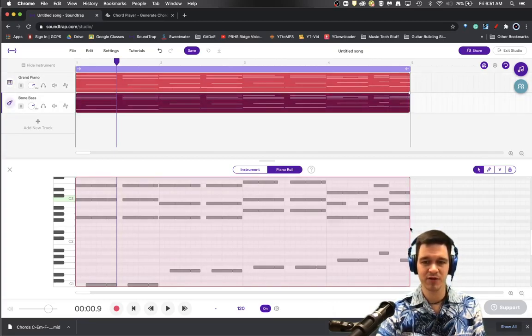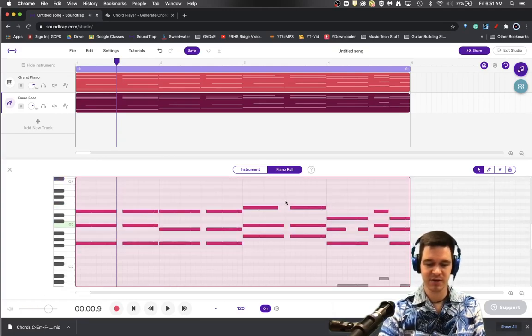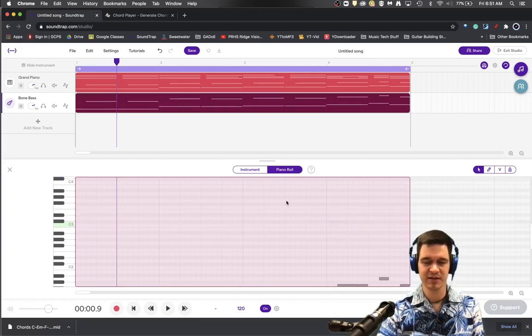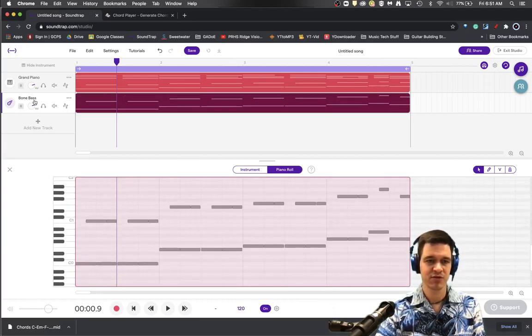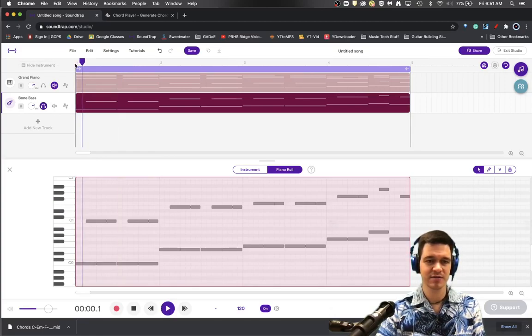Now, all I'm going to do for the bass line is erase that stuff by highlighting all of it and hitting delete. So now if I listen to this bass line,